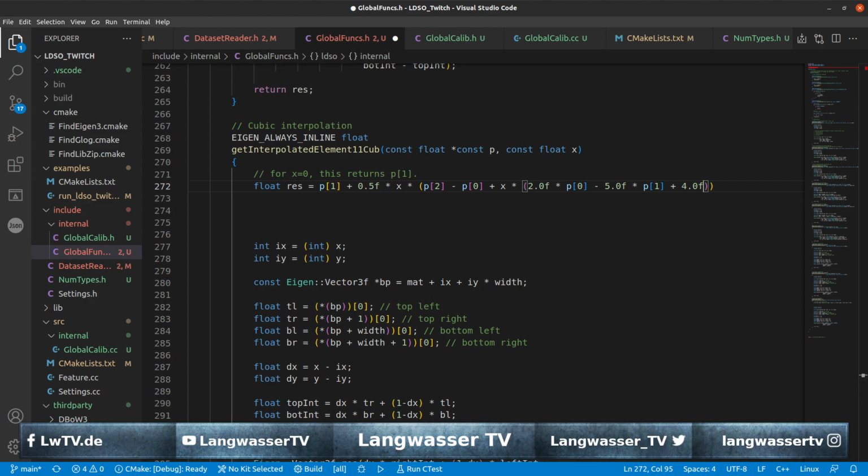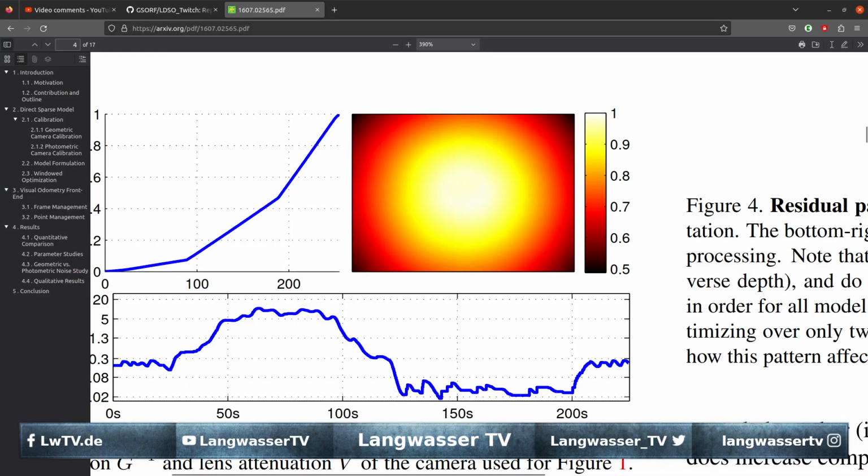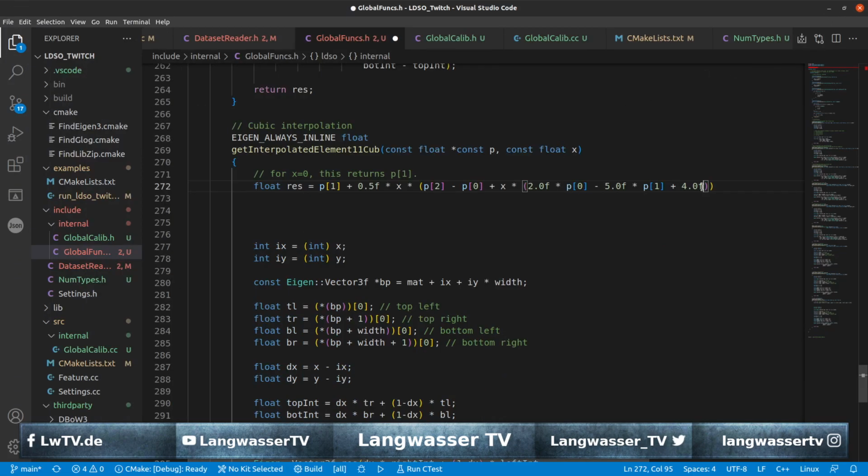Let's turn on the music. Okay, times 4.0f times p at position 2 minus p at position 3